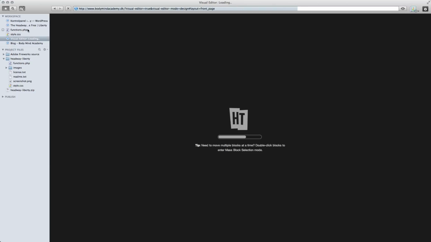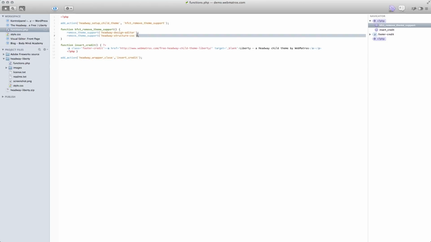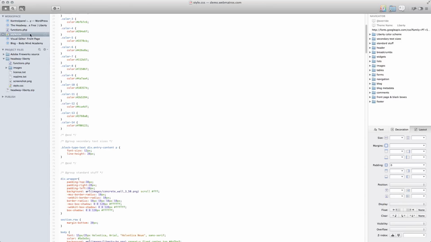But for that child theme, I decided to go all naked and remove the design editor, disable it, and also disable Headway's own basic CSS. So everything, even the drop down menus, have been styled from the ground up in the style CSS file. So far so good.